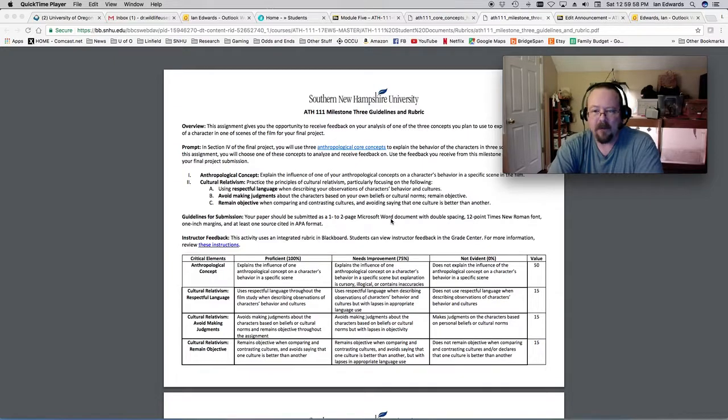One good model to use when analyzing any concept is to be sure to define it. Now, don't just regurgitate what our textbook says. You want to paraphrase the definition, put it in your own words, and offer appropriate citation, an in-text citation at the end. MindEdge, 2016. That definition is going to be how you assess the behavior that you're identifying in your film.